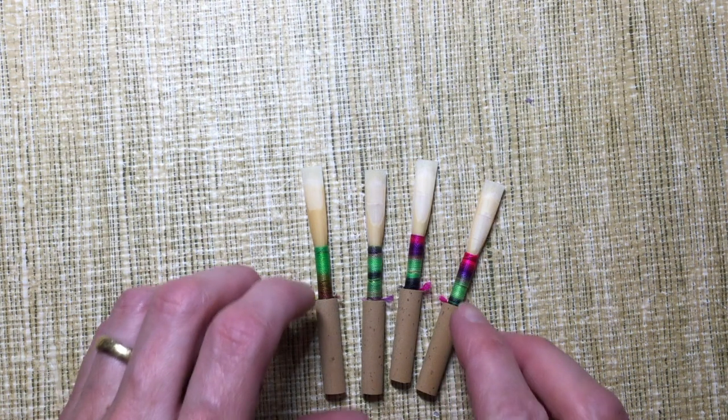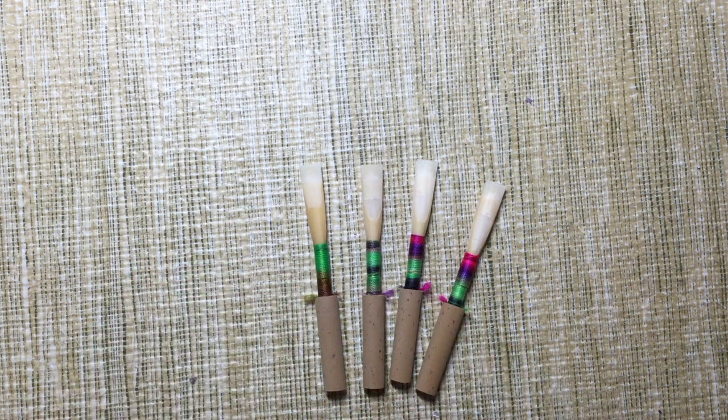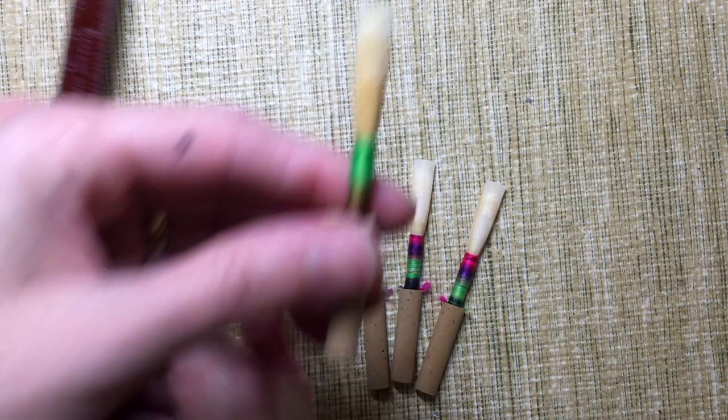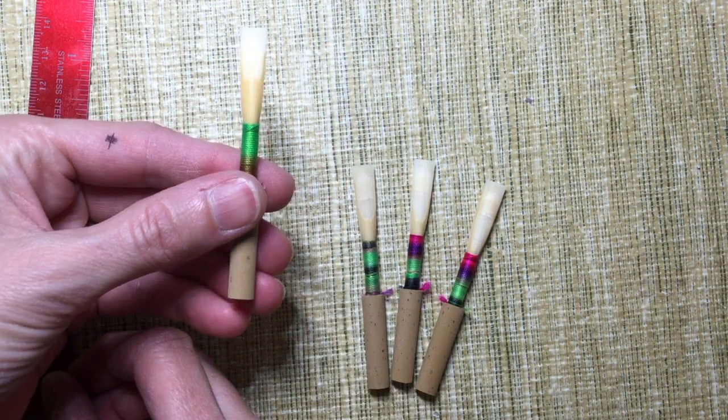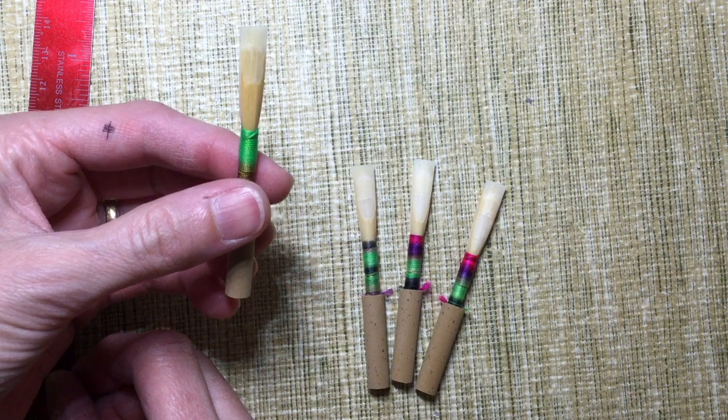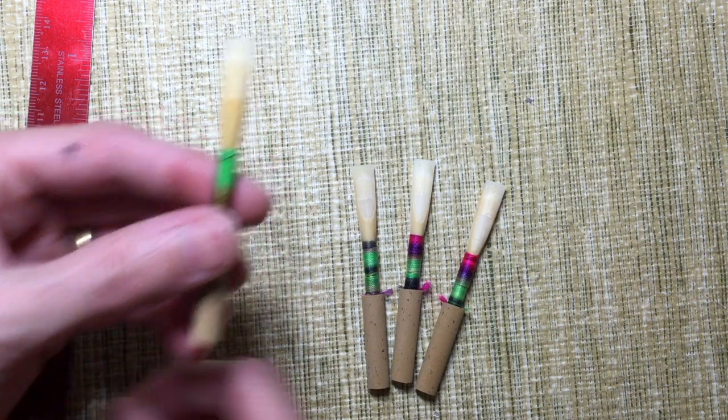I made these 4 reeds just now, and I tried really hard to make the heart the same in all cases, and the measurement of the top of the rooftop the same in all cases. Then I made a reed here that, as you can see, has no windows at all. It just goes directly from heart into bark. When I play this reed,